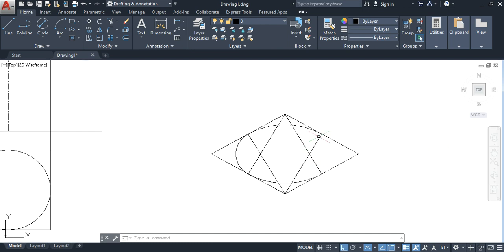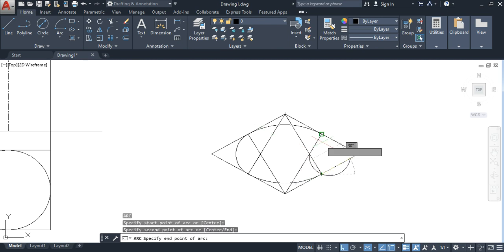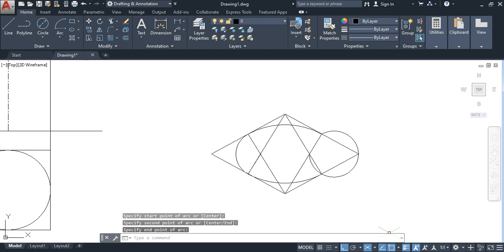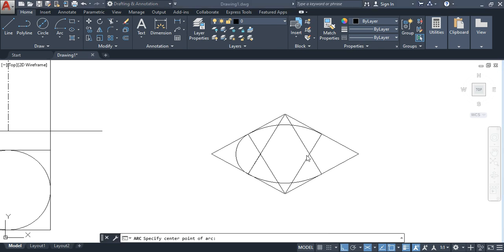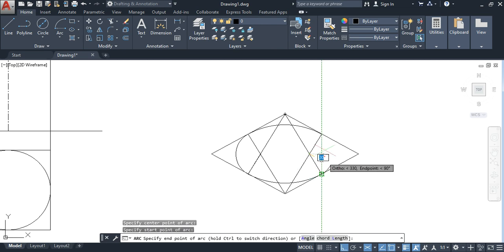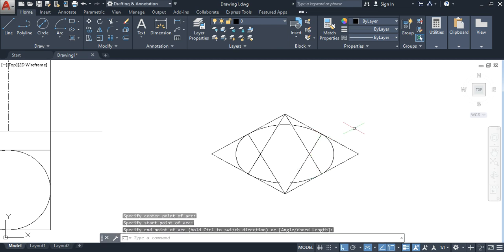And next we have to draw arc here also. So this is the center we know, and we'll join this point to this point. So this is the center and this point and this point we have to draw. So like this, we'll draw